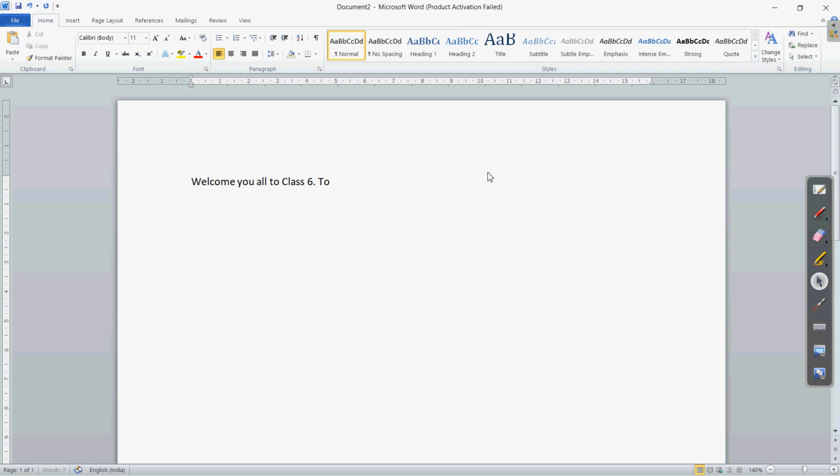Today we are discussing chapter 3 about, what is it, Microsoft Word. Write the same, Microsoft Word. Okay, and we can continue writing.